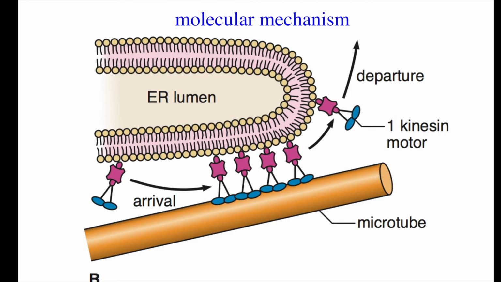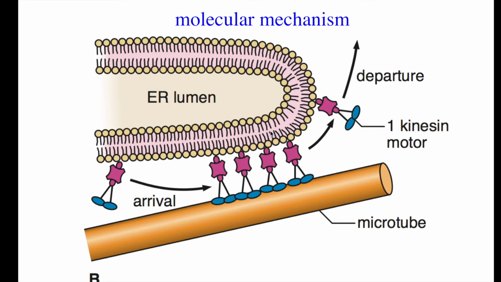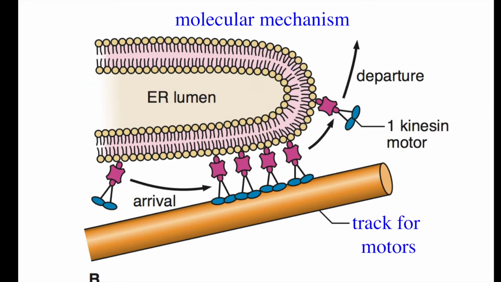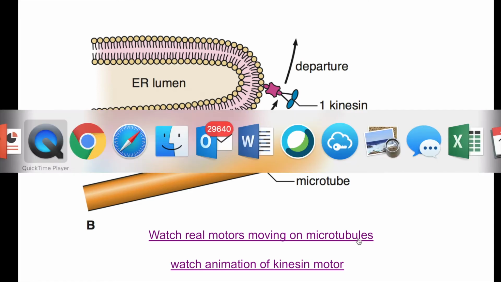One of the ways things get moved around in the cell. In this setup, they use those motor molecules to pull the membrane, sort of stretch out the membrane like you had a balloon and you're stretching out part of that balloon and deforming it, and they're trying to see what kind of shapes they could get out of that. Okay? Using these molecular motors. And the motors work on the track, which are the microtubules, and they pull the membrane with them. So I'm going to show you a movie which is an animation of this